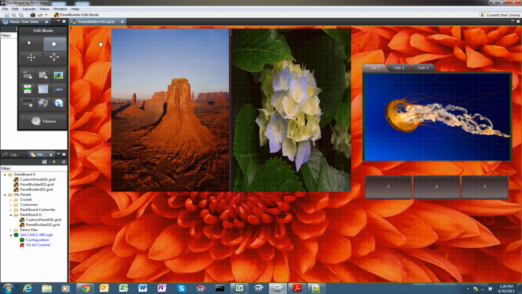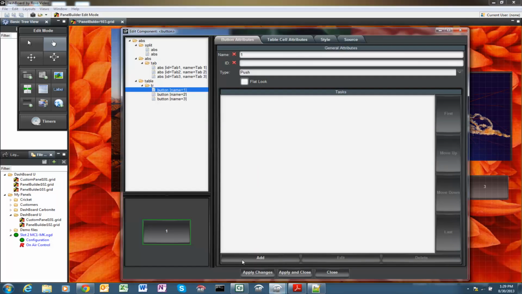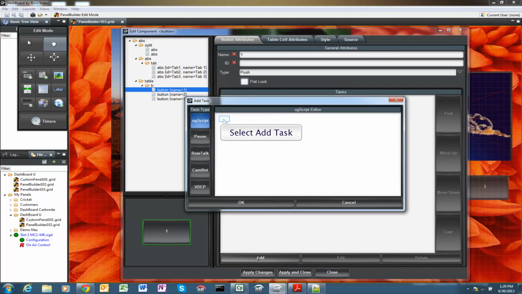And now I'm going to program these buttons to reveal these tabs. We do this by adding a task. So here's the user interface for this button. Let's add a task. ogscript.reveal, and we put the name of the identity of the tab in, tab 1.